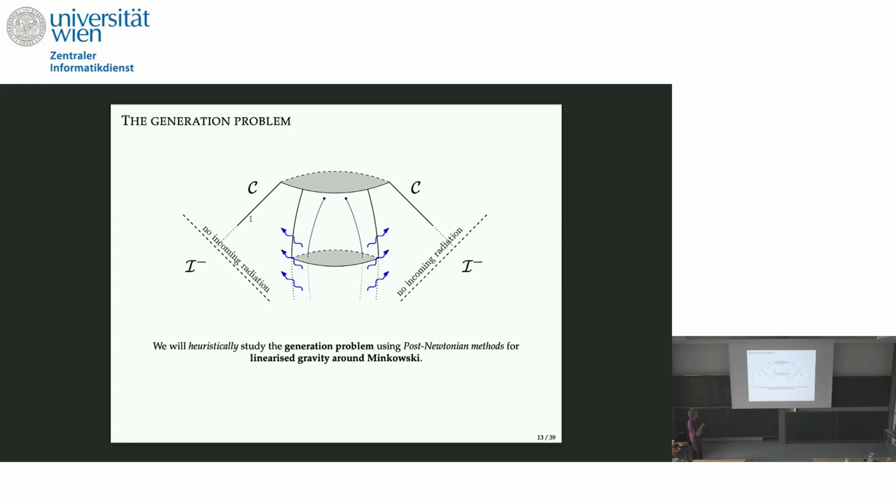So the idea is that these masses will inevitably have to move away from each other, and Newtonian theory becomes a better and better candidate, so that the prediction we get from post-Newtonian methods becomes somewhat trustworthy. That's the idea. But this is a completely heuristic part of the talk, where I won't prove anything. I will just justify certain things.